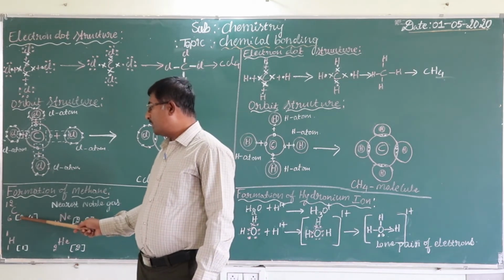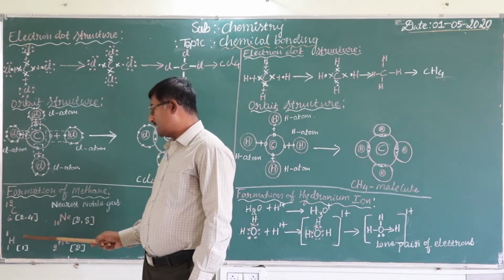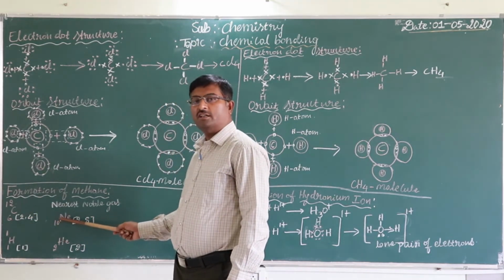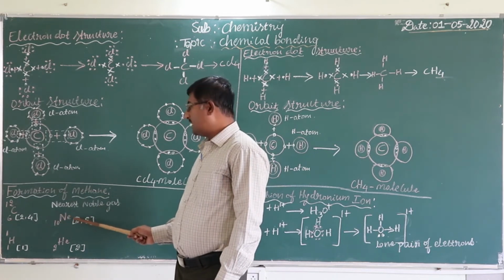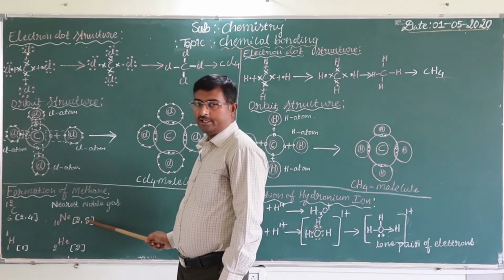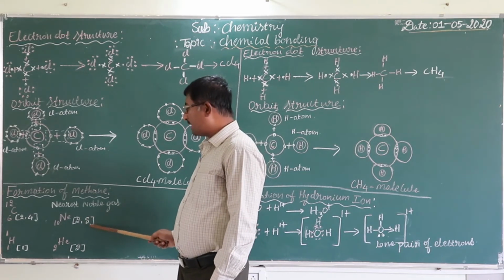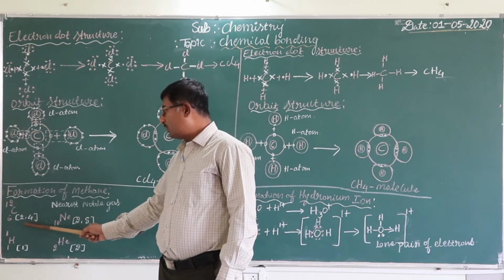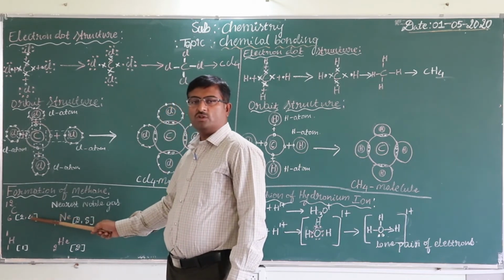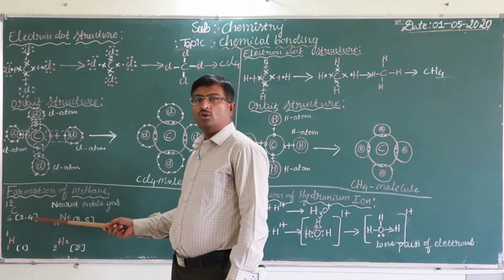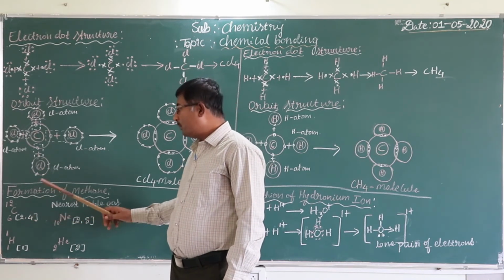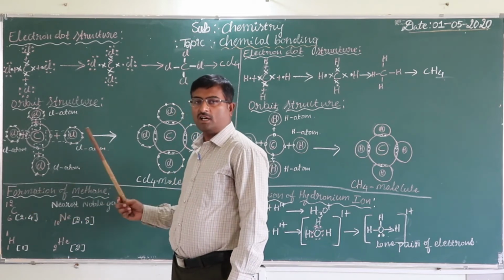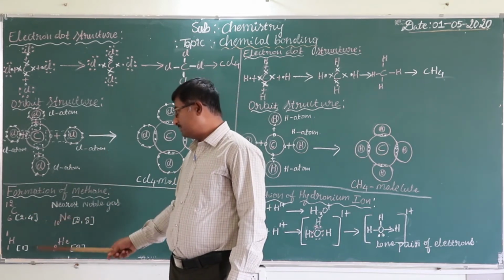So in the first orbit 2 electrons are there, in the second orbit 4 electrons are there. Near to carbon, neon is there. The atomic number of neon is 10. It is in stable configuration. Its electronic configuration is 2, 8. Here in the outermost orbit 8 electrons are there, so neon is in stable configuration. In carbon, in the outermost orbit only 4 electrons are there, so it is not in stable configuration. To get the stable configuration, it needs 4 more electrons. So carbon attracts 4 electrons towards itself to get the stable configuration.